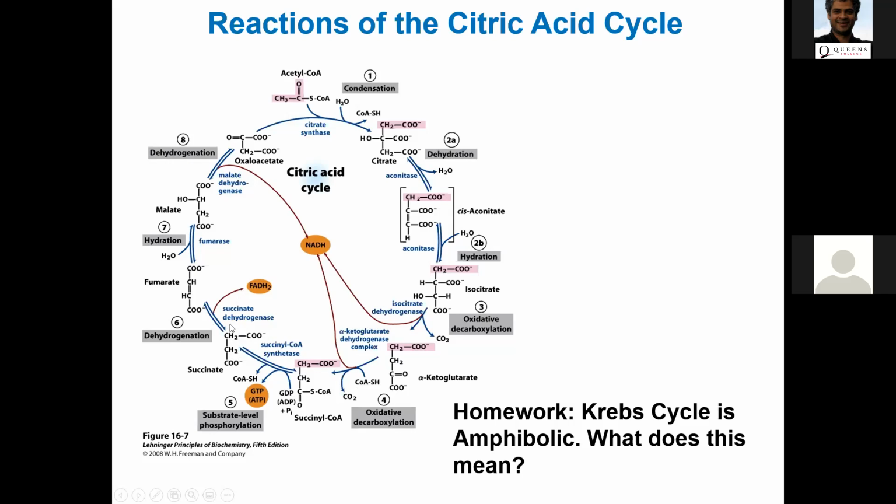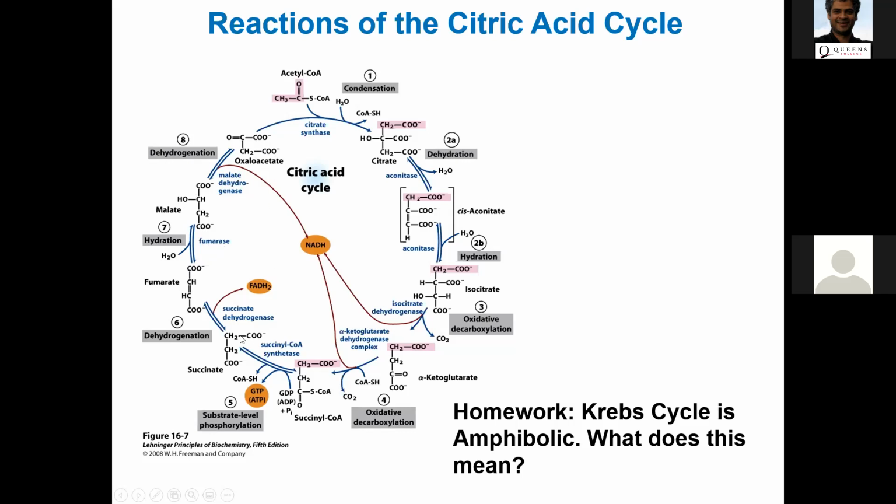Regardless, succinate will get converted to fumarate by oxidation by succinate dehydrogenase, which uses the coenzyme FAD. You generate one equivalent of FADH2 there. Fumarate will then get converted to malate. Fumarase will catalyze that reaction. That's a hydration reaction. And malate then gets oxidized. That hydroxyl group gets oxidized to a ketone with malate dehydrogenase to oxaloacetate, and you regenerate oxaloacetate, right? So that's an important thing to note.